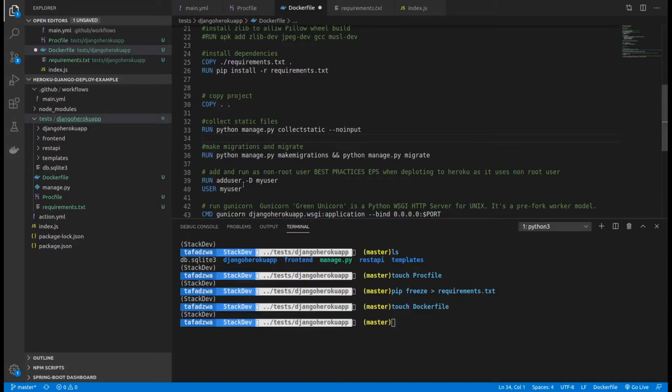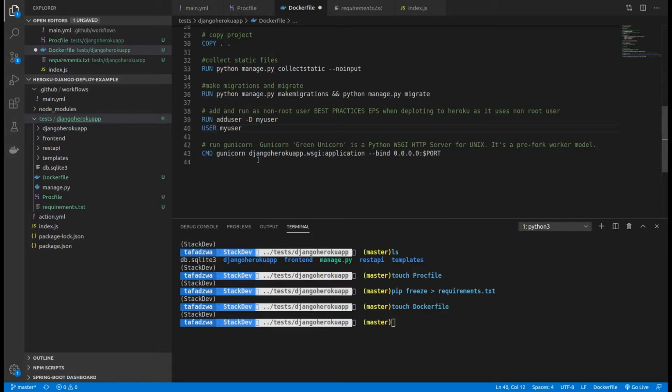Then remember, if you're working with Docker, you need to create a non-root user. So I'm creating a non-root user here. Then for the most part, I will start my server using Gunicorn. If you're using Gunicorn, remember you need to put the application name. My application name is Django Heroku App, so this is the name that I just put here. And you need to bind the port. So if you're using Heroku, you just need to put the port variable,